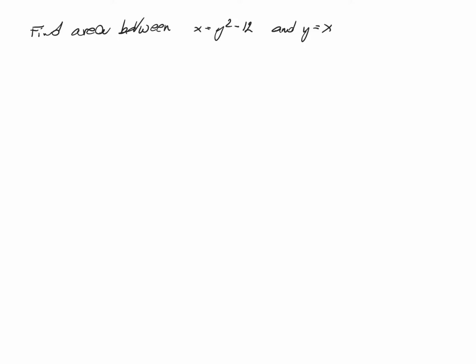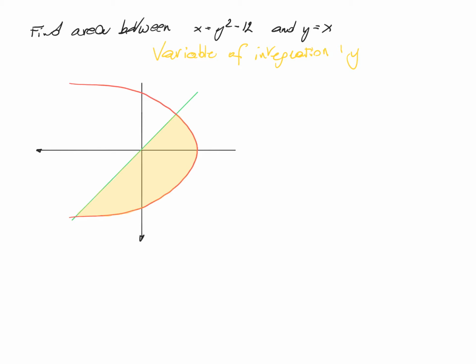So what you will do is take the variable of integration equal to y instead of x. To do this, you basically flip the image that you had, and your y-axis now becomes the x-axis and the x-axis becomes the y-axis. In this case, you see that y equal to x is always on top. So we now have a function x equal to y, which is the upper function all the time, and a